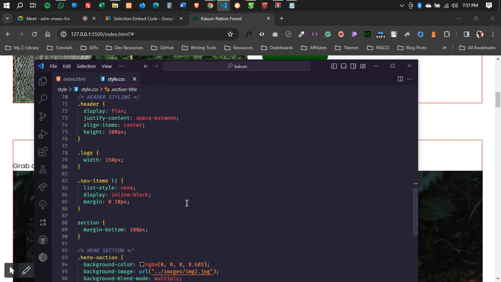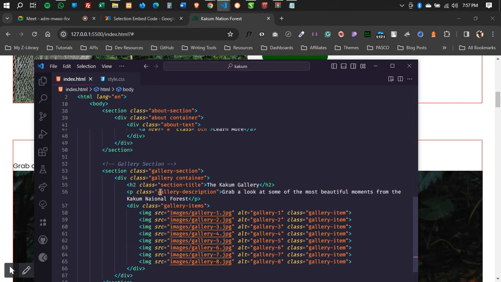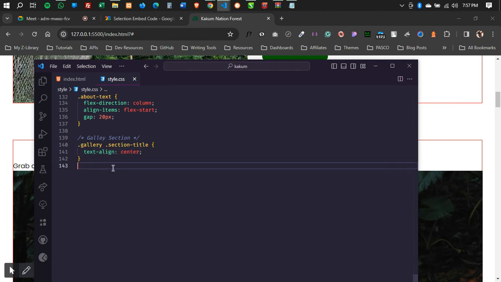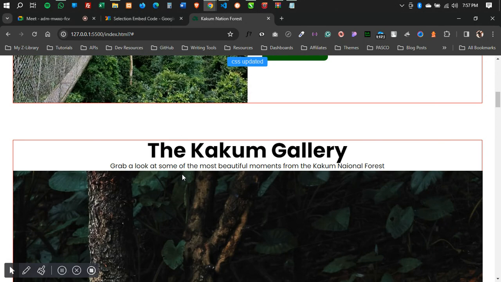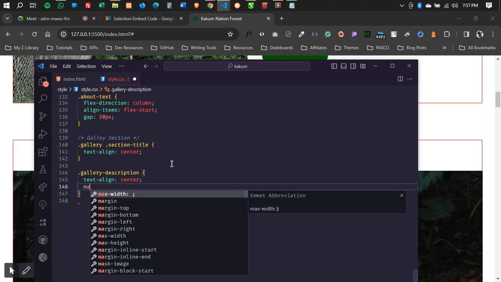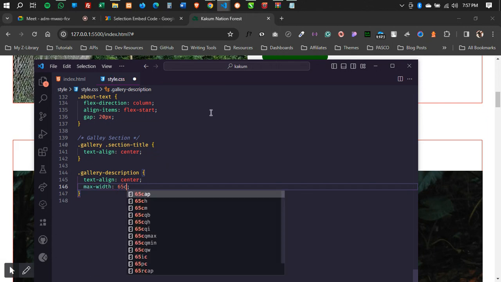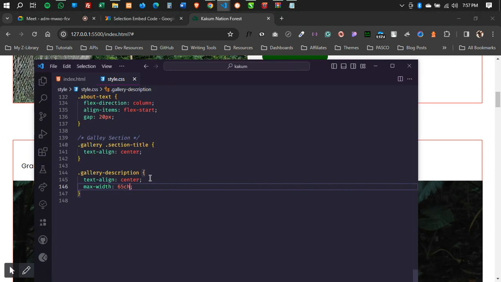Then I would come back here and say, what do we have over here? Gallery description. Right, so dot gallery-description. Then I'll give it a text-align of center as well, and I'll give it a max-width. So I think this max-width of 65 characters should work for this. And I don't know why this is happening,